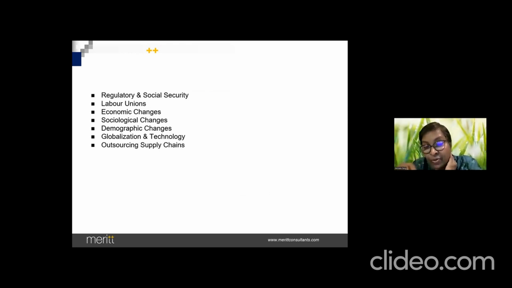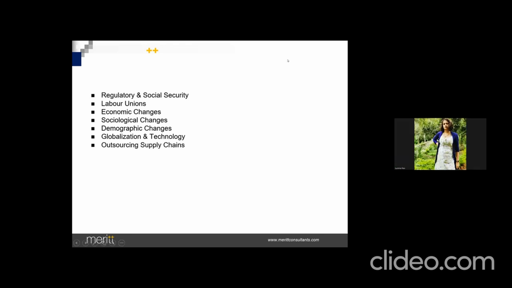I'm emphasizing these external factors right at the beginning. When we look at some of the external factors which impact compensation, some of the key ones you have already mentioned. One of the key factors is regulatory. Many people here have already done statutory compliance. So what are some of the key statutory compliances with regard to wages that you think every organization needs to comply with?